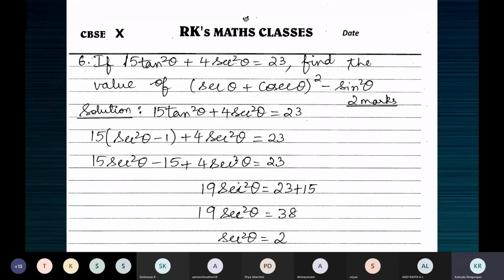Like if I say x plus y is equal to 5, find the values of x and y. If x is 1, y is 4. If x is 2, y is 3. They will not have a unique solution. X can be 0, y 5. And you can give so many real values for x and find the corresponding real value of y.